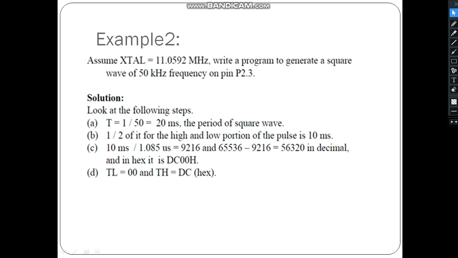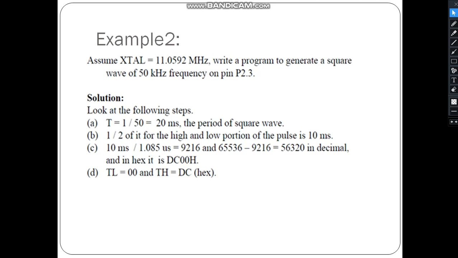So coming to the calculation part, first we have to calculate the timer delay. Here we know the frequency. So inverse of frequency gives you the timer delay. So total delay is 20 microseconds. That means for 10 microseconds duration, a logic high signal has to be generated, and for another 10 microseconds duration, a logic low signal has to be generated.